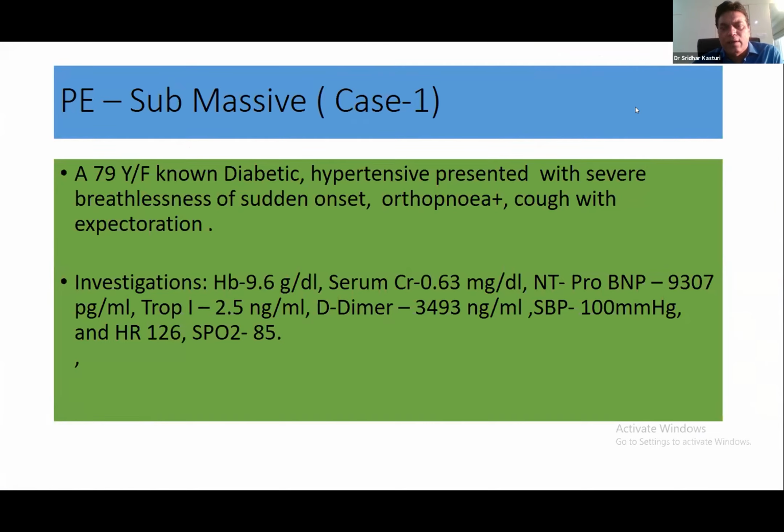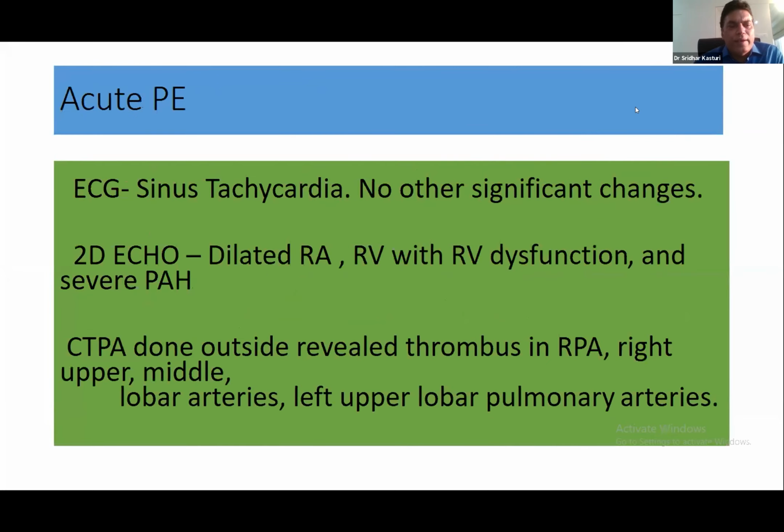Her hemoglobin was 9.6 grams per deciliter, serum creatinine 0.63, elevated NT-proBNP 9,307, elevated troponin I 2.5 nanograms per ml, D-dimer 3,493, systolic blood pressure 100, heart rate 126, and SpO2 85 without any oxygen support. So the patient has an elevated D-dimer, elevated NT-proBNP, and